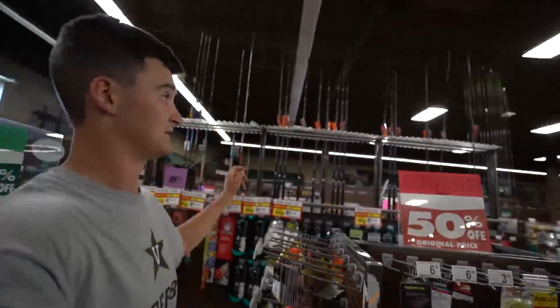So I just did a quick walkthrough. They do have bass baits, but they're very limited. It looks like they only have crankbaits and hard baits. I did not see any soft plastics. Saw some line, saw some terminal tackle. Those things are all giant salmon trolling rods. That's not gonna work. But these,